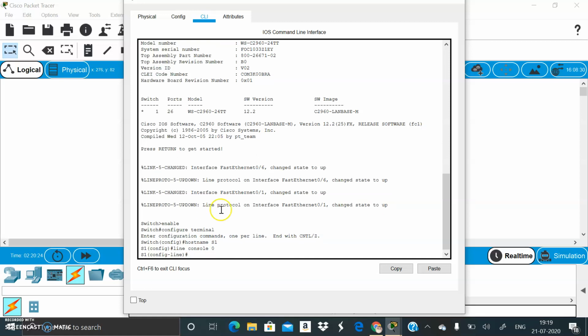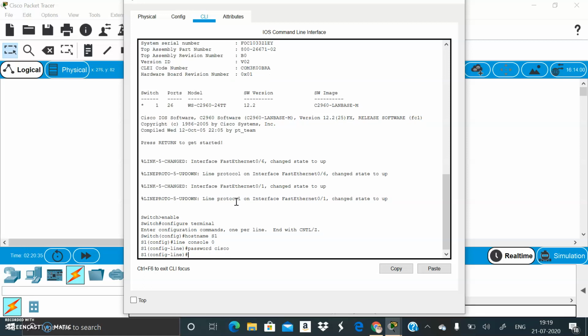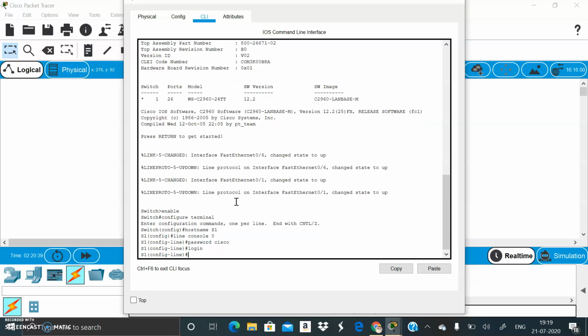Enter. To create a password, enter password command and the password you like to create. Cisco. Login to confirm and then exit.